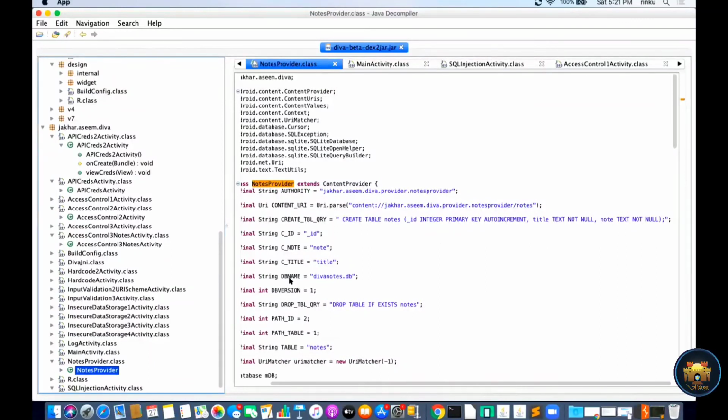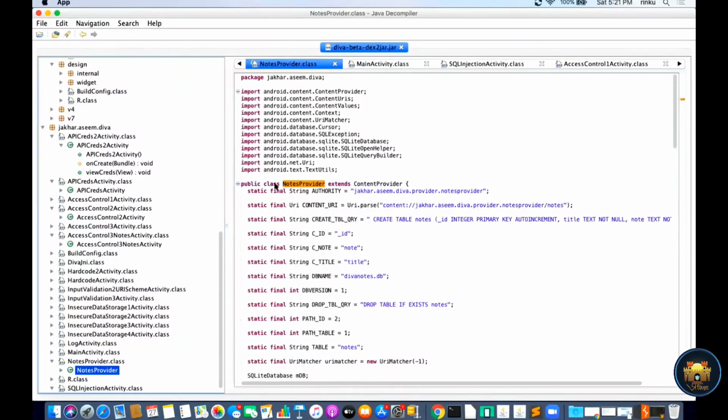Go to the function. In the string authority, you can see there is notesprovider, and in this line you can see a URI is used: content://jakhar.aseem.diva.provider.notesprovider/notes, where notes is a table name.